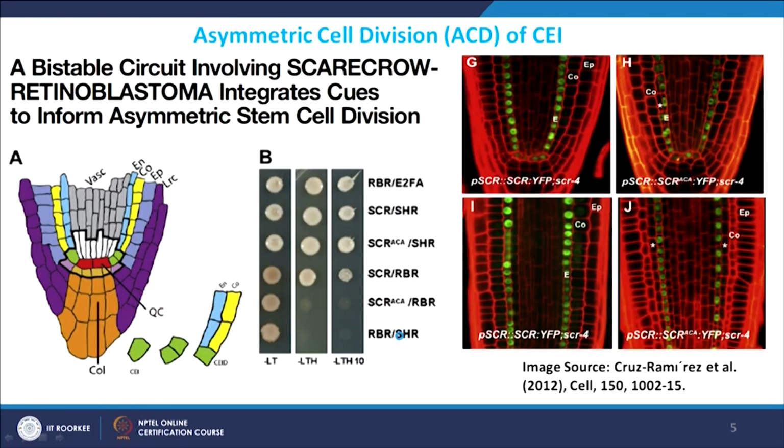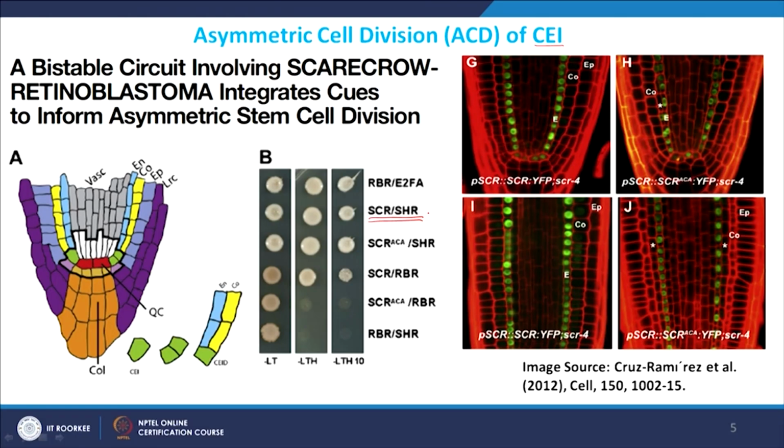So, what we will do is take a few examples and discuss how this happens. Take the differentiation of cortex and endodermis. Just now we said that the cortex endodermis initial cells undergo asymmetric cell division, but what are the regulators? If you recall your previous class, these two proteins are very important, short root protein and scarecrow protein. They help in regulating not only stem cell maintenance,